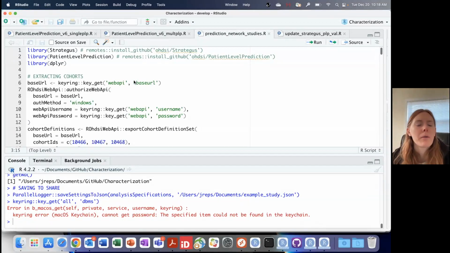Going to be talking about how you can use the new Strategus R package that's being developed to do network studies for prediction. So this is the new approach that we're taking, going away from developing individual study packages to actually just having a JSON specification and then using Strategus to actually execute that specification. So I'm going to be showing you how you can create the JSON spec for a prediction model